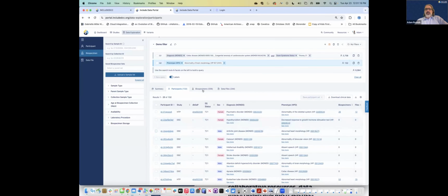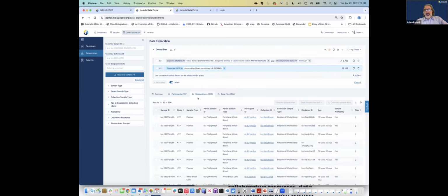Importantly, the associated biosamples for the participants are also annotated. And this includes both the biosamples from which data has been generated in this context, which oftentimes are the aliquots that were used to generate the whole genome sequence or proteomic data files, but also the categorization of aliquots and biospecimens into studies in ways that permits you to see whether or not a particular plasma collection and the peripheral whole blood component from that initial collection still has available aliquots, despite the fact that there are already two